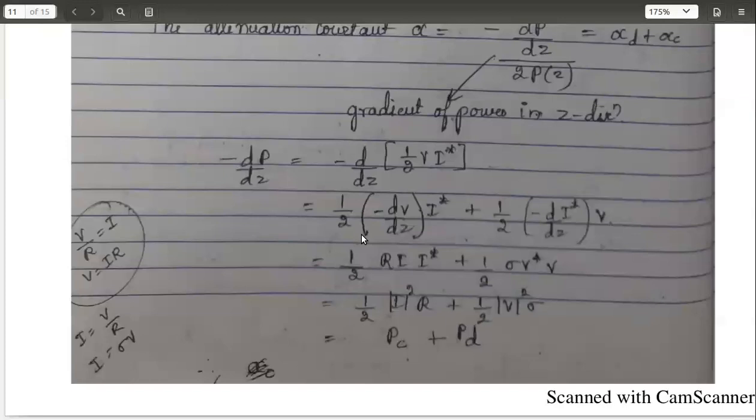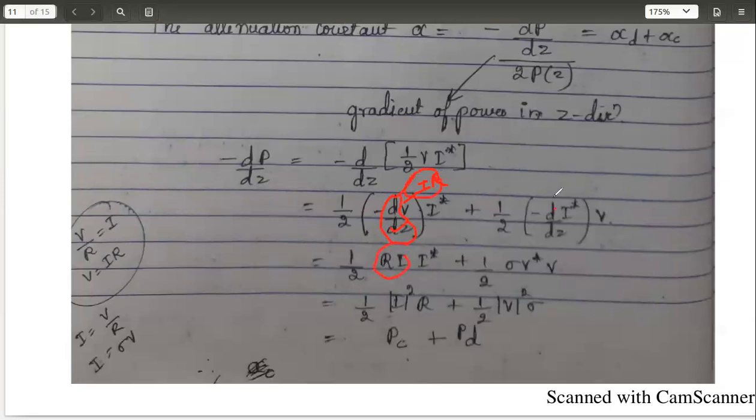Then coming to this, the change in dV by dz is nothing but the change of voltage with respect to the resistance or the impedance. So as we know that V by R is equal to I, right? So V by R is equal to I, or what is V? V is equal to IR. So substituting V equal to IR. I have skipped that step here. There is a very little change, I can ignore this. Ignoring this, with a little change, I have taken this IR directly.